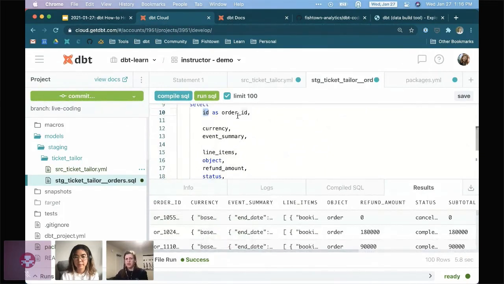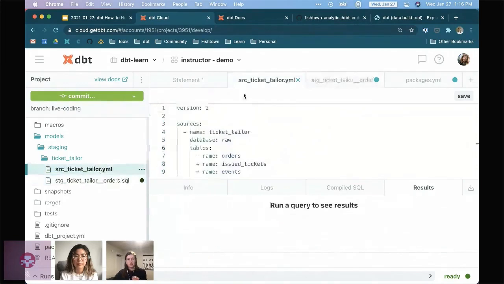One thing that, as I'm working with the data and cleaning it up, I start to think about is what are the assumptions that I'm making about my underlying data source as I write this code. For example, I would assume that this ID column is unique and not null. And every time I identify an assumption that I'm making, I actually, as much as possible, put these tests on my sources. So